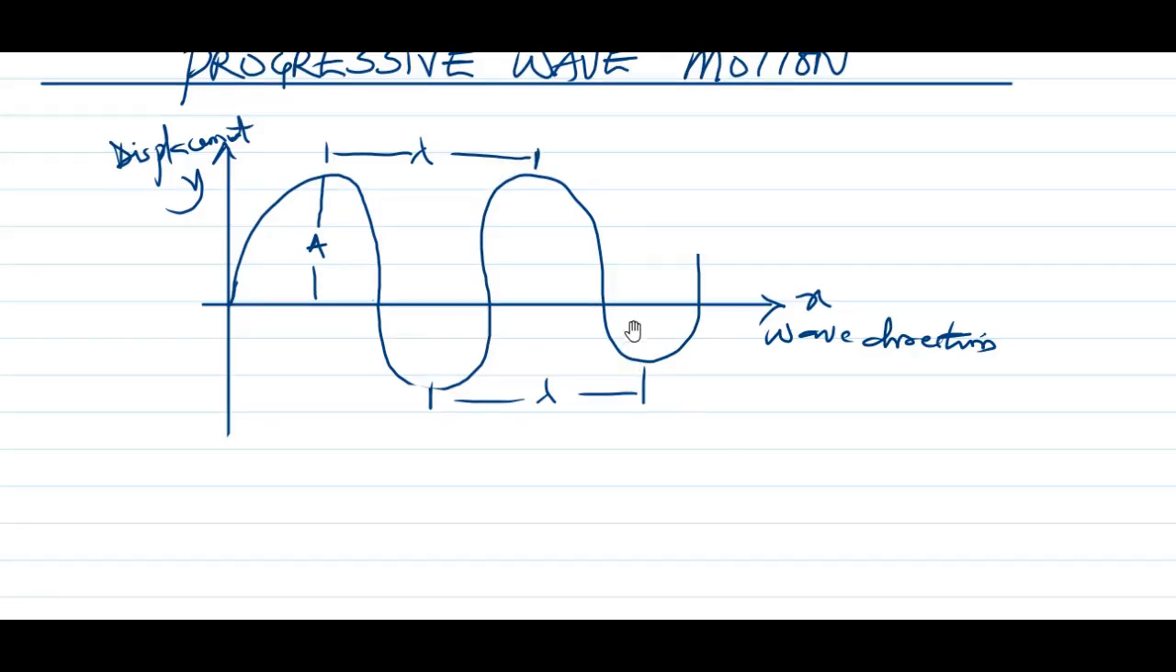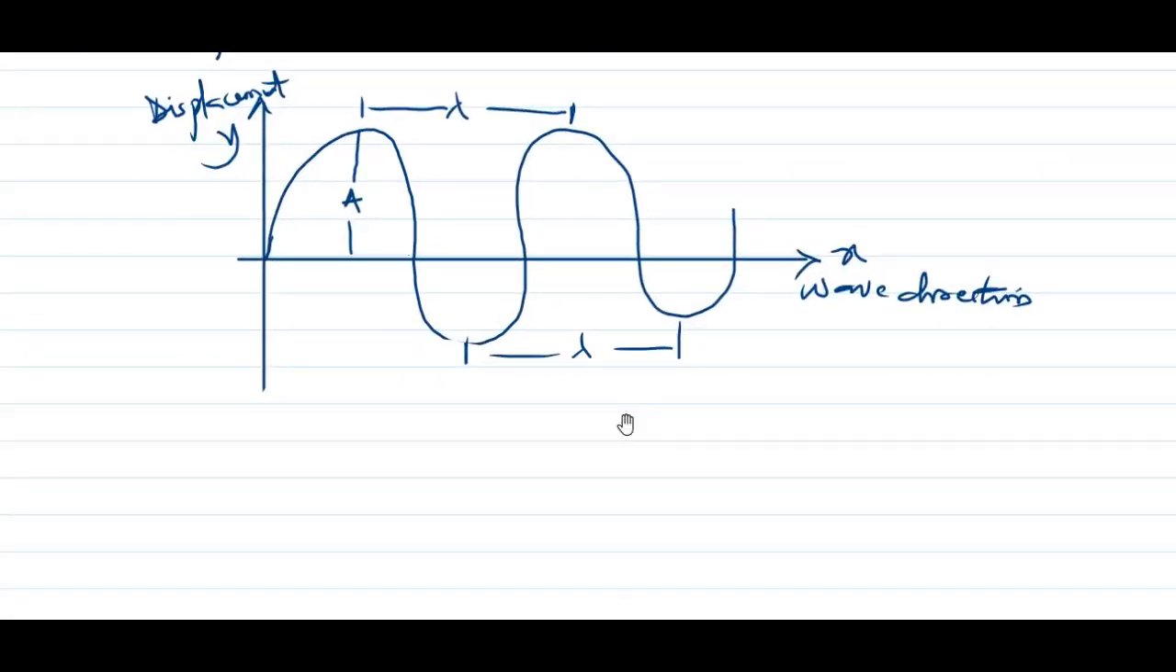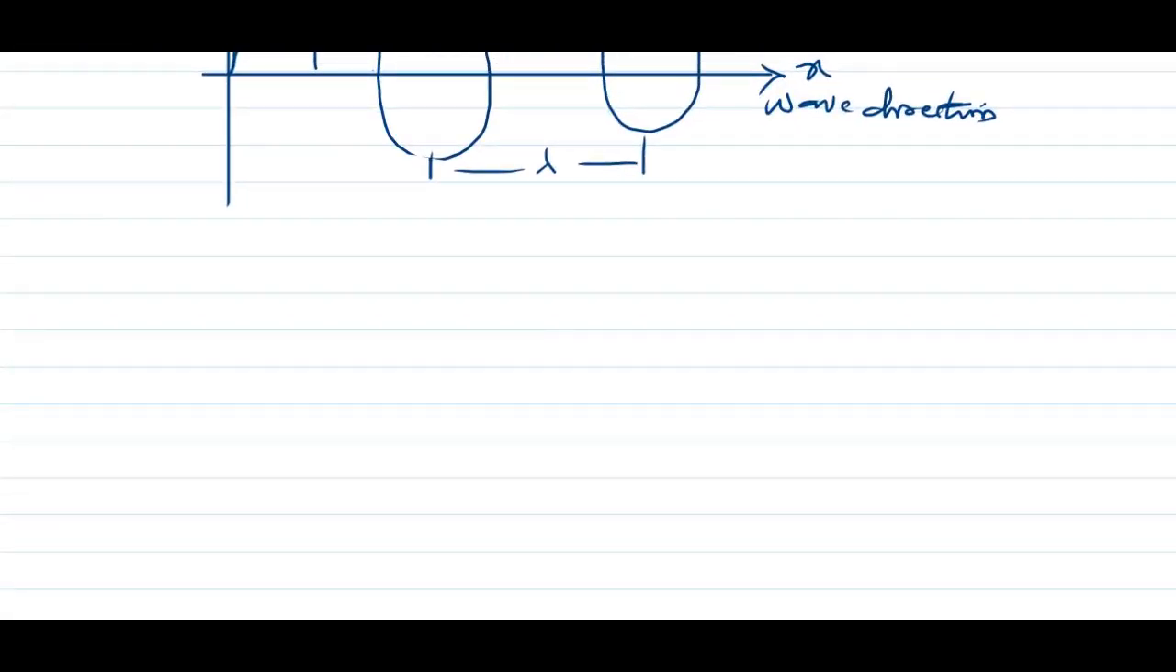My major focus in this video is the mathematical representation of progressive wave and how to deploy it in different circumstances. So for a progressive wave motion, y equals A sine kx,